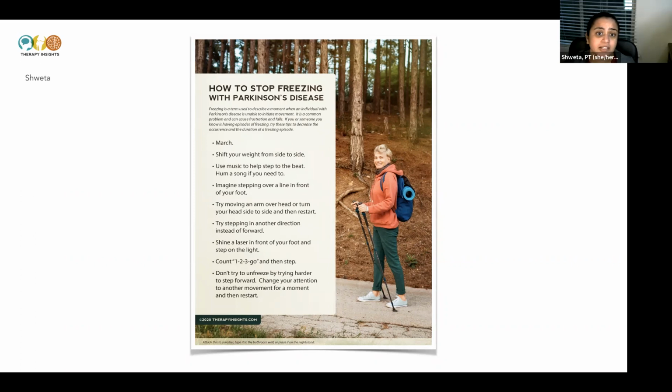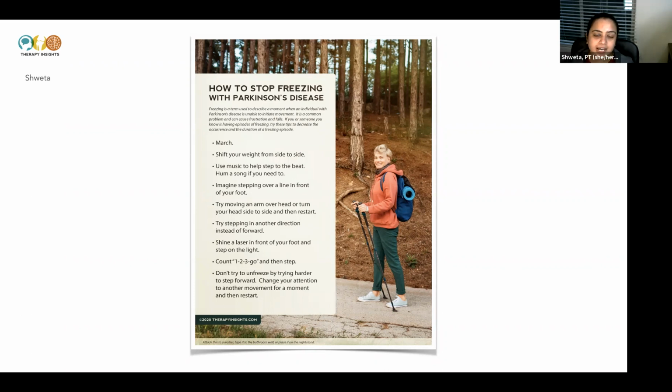But other than that, I feel like marching, shifting your weight from side to side, some of the really useful strategies from this handout, even imagining stepping over a line or doing those small movements, not just in your lower extremity, but also in your upper extremity, your head turns or your shoulder movements or body movements to slowly try to get out of that freezing. I think it's been very helpful for my patient, and I know that these are strategies that could be used by a lot of patients with Parkinson's disease. If one doesn't work out, there are many other options that they can still try. So